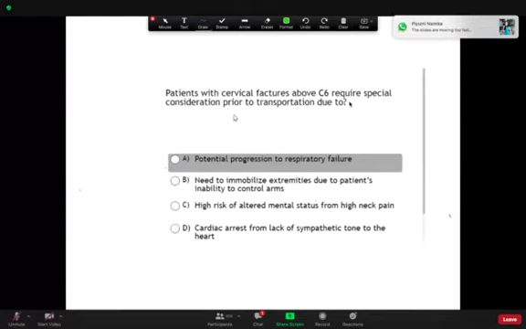Patients with cervical fractures above C6 require special consideration prior to transportation due to